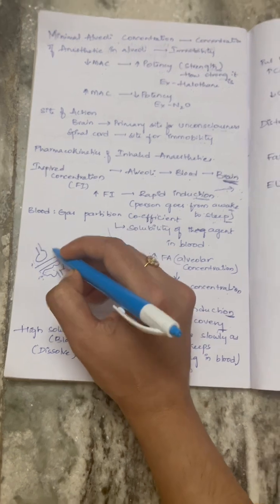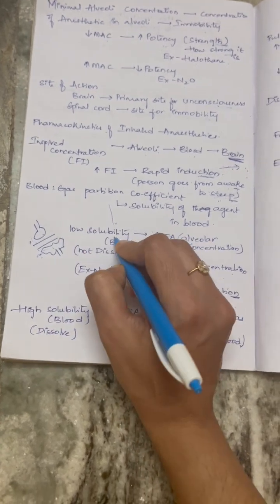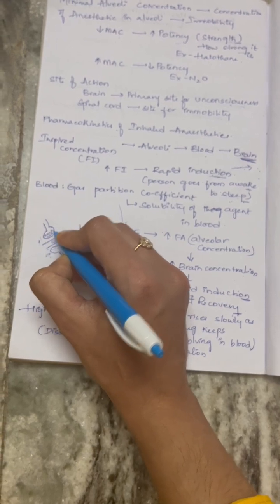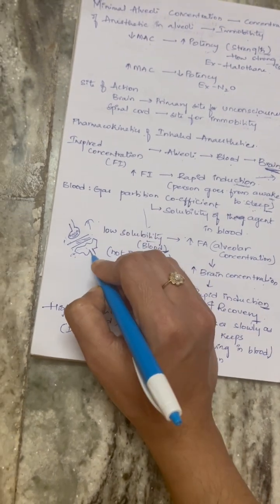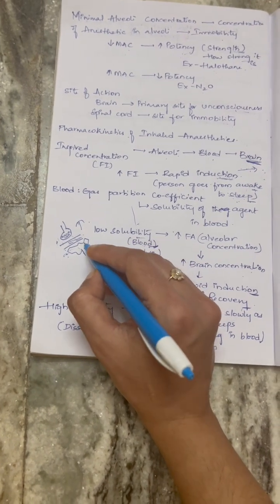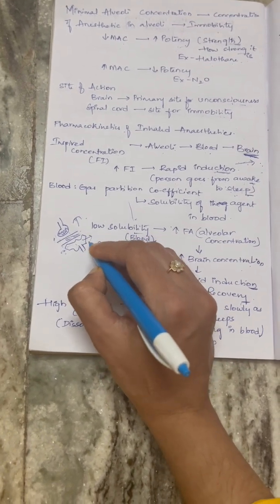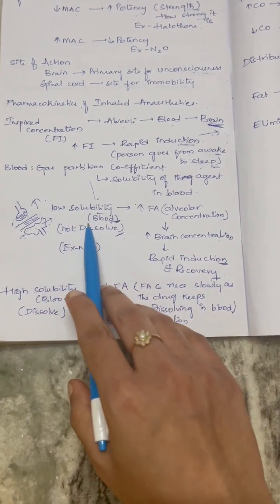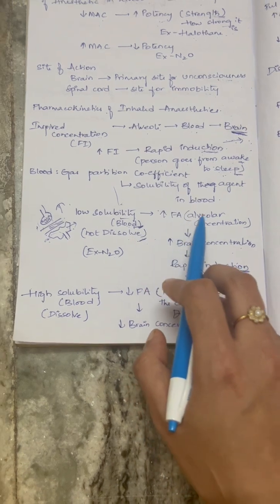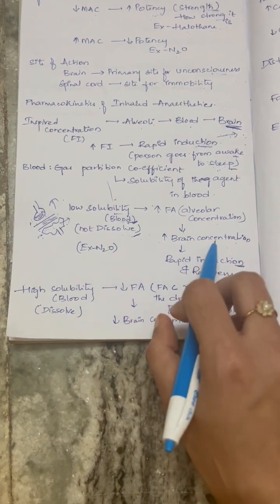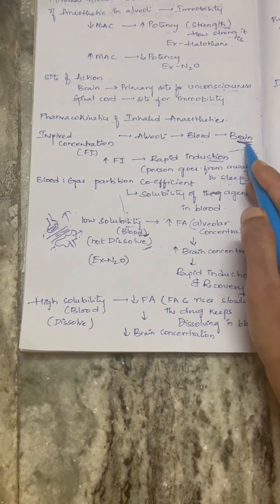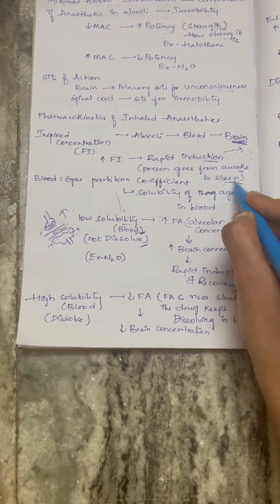If it has low solubility in the blood, it means that the concentration here in the alveoli will be high, and in the brain also, as it's not getting easily dissolved in the blood, it will go into the brain and have a rapid action. That's what it's trying to explain to us. So when you have low solubility in the blood, it has a higher alveolar concentration, and it goes fast to the brain. It increases the concentration. With this, as we said earlier, the faster it goes to the brain, the faster it makes you fall asleep, which is induction.